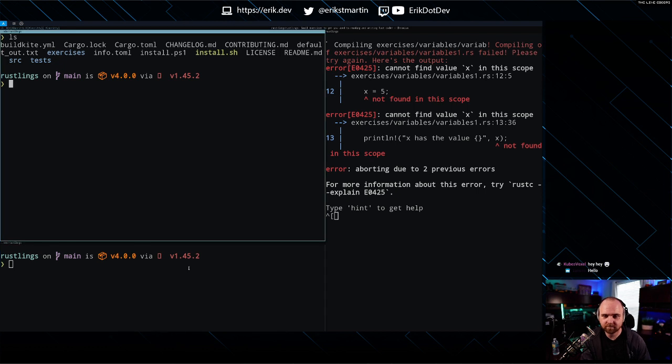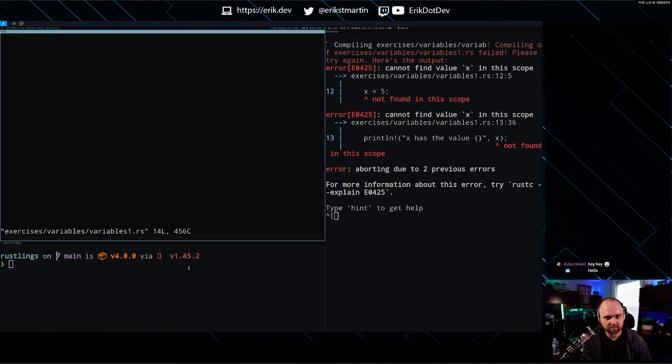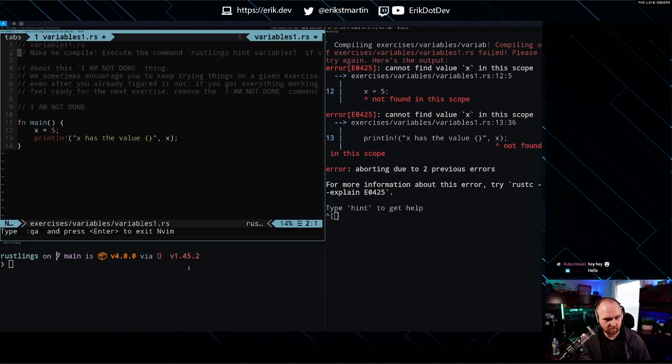Okay. Alright, compiling of exercise variables1.rs failed. Okay, so we're going to open that up. And then, cannot find value x in this scope. Wait a second. That was weird.